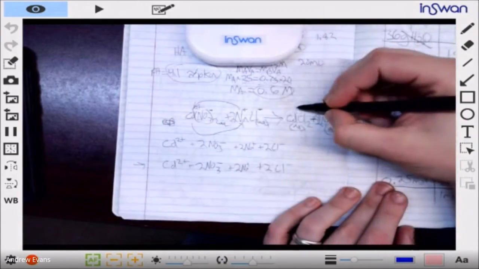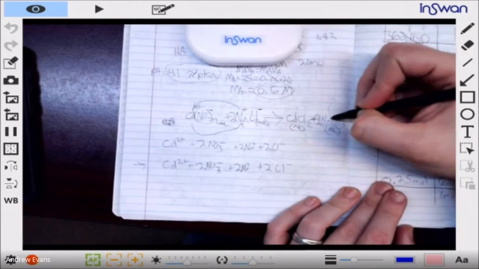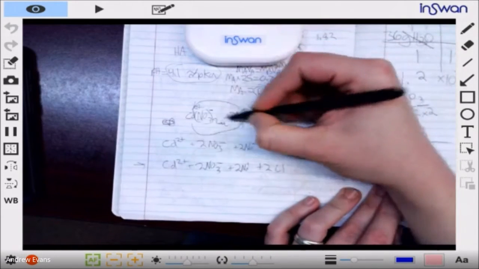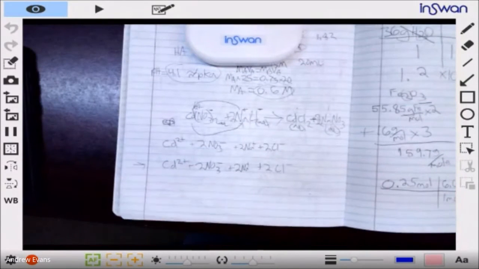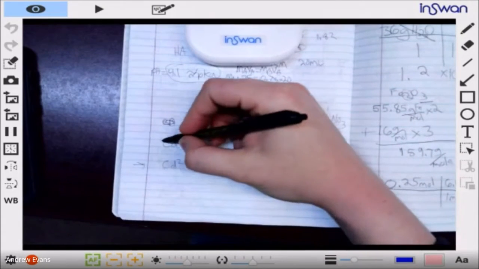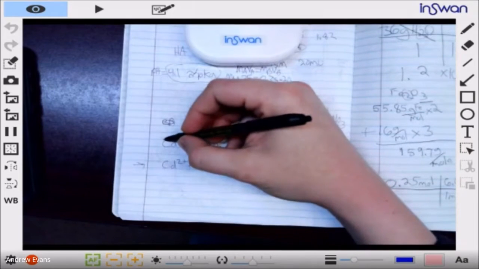All these guys are floating around separate from each other because in reality, they're all aqueous. We may write them adjacent to each other, but in reality, they're floating around in solution. They might bump into each other, but it's never a really long, meaningful relationship. Once they bump into each other, they float away. Nothing happens. So what the net result is, if I subtract everything out that is the same on top and bottom,